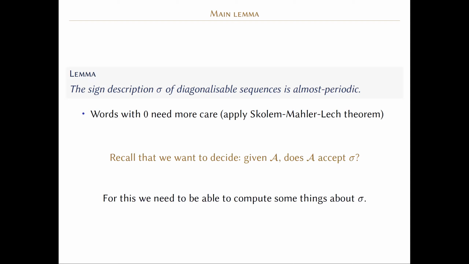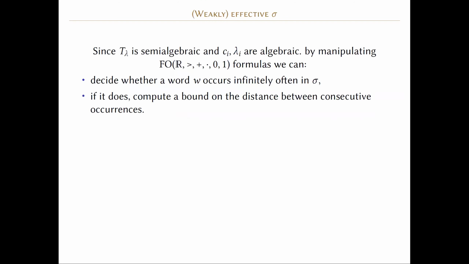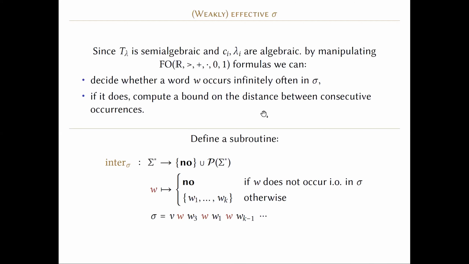For this, we still need to be able to compute some things about sigma, and the required weak effectiveness can be summarized as follows. If we can decide whether the word W occurs infinitely often in sigma, and if it does, we can compute a bound on the distance between consecutive occurrences, then we can abstract away from the sigma and the linear recurrence sequences